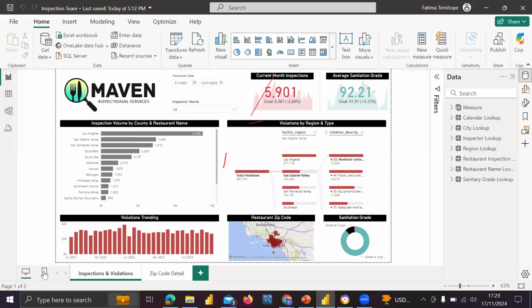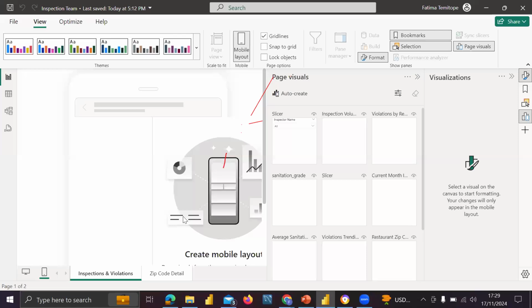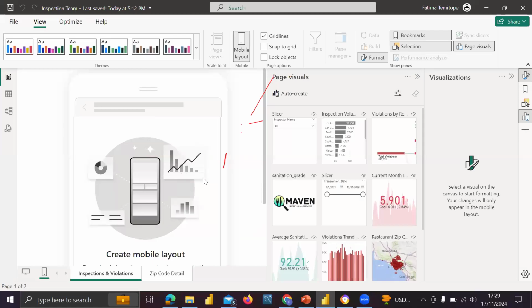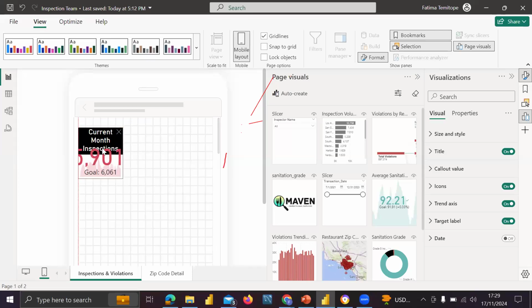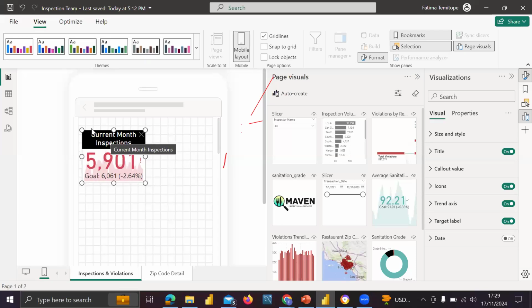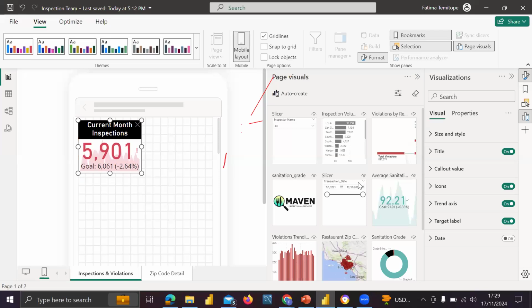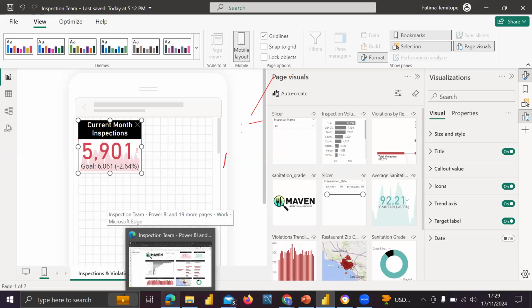Once you click on mobile view, you can select the reports that you want in a mobile view layer. You just need to find a way to readjust your work. It's the same process.